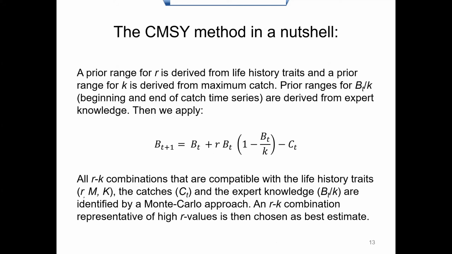Now, the method that I advocate, that I will suggest Indian scientists use much more, is called CMSY. Basically, it assumes that if you know carrying capacity, which is called K, and if you know the catch, and if you know R, then you can predict one biomass, and from the biomass you have now, you can predict the biomass of the next year. So basically, this equation is a summary of the whole model. But how does it work? It works like that.